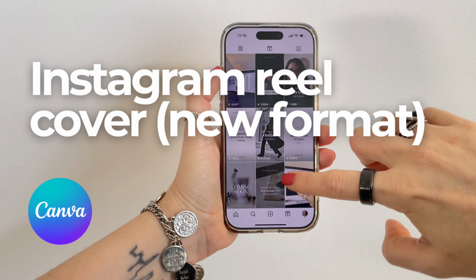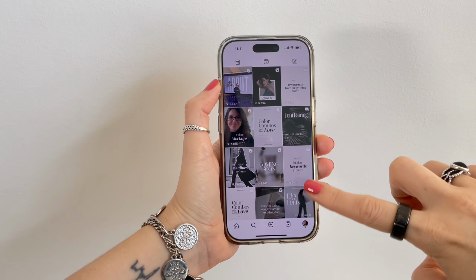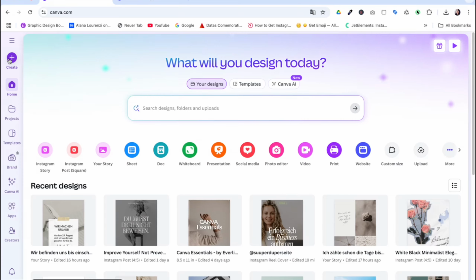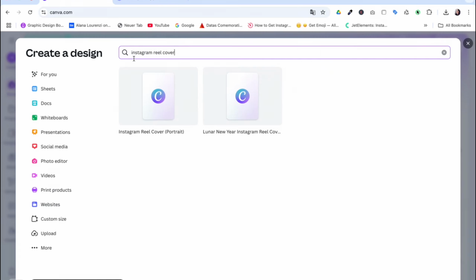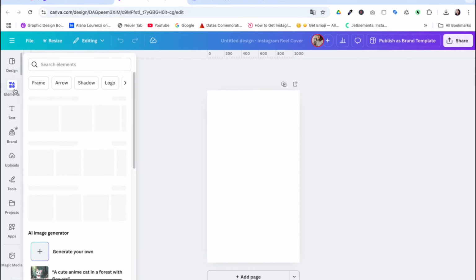Let's create an Instagram reel cover that will fit in the safe area of the new Instagram grid. Let's go. From your homepage, you just have to click on Create and type Instagram reel cover. Choose this one. This is already the right format. To be sure that we are going to fit our design into the new grid of Instagram, we're going to